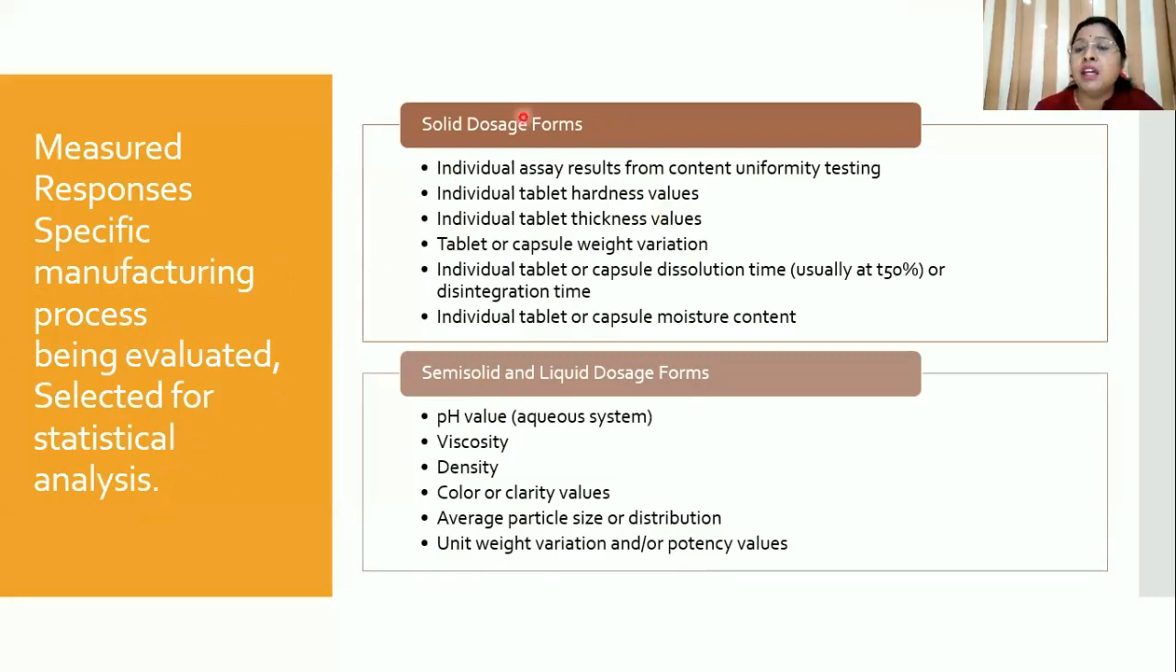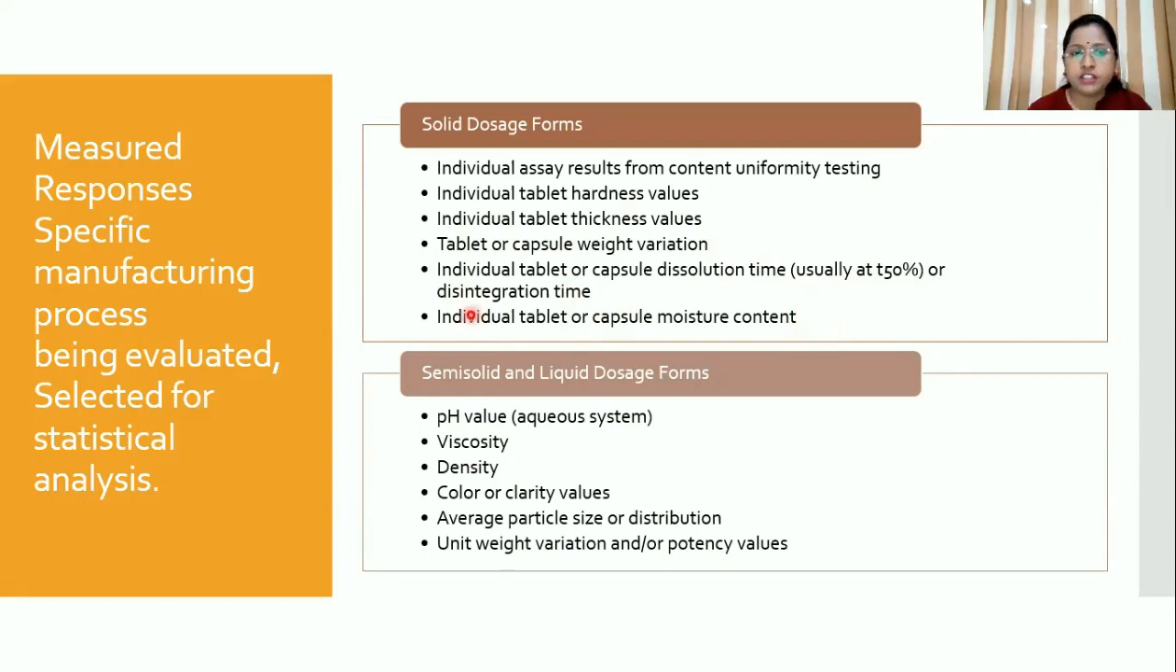For solid dosage forms, we have to take the individual assay results from the content uniformity testing. We have to consider individual tablet hardness values, individual tablet thickness values, and tablet or capsule weight variation. Then individual tablet or capsule dissolution time, usually at 50%, or disintegration time, and individual tablet or capsule moisture content. So when you are talking about solid dosage forms, these are the things you have to go through while selecting the 20 to 30 batches